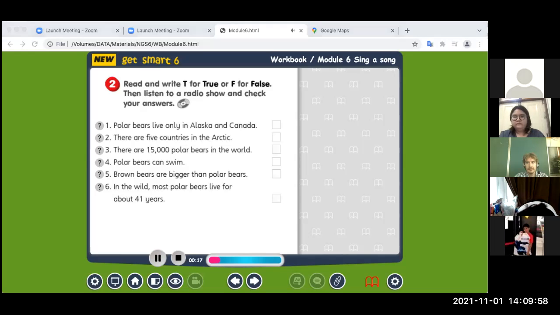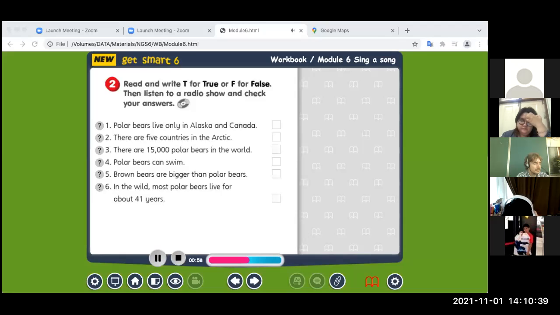And today we have our animal expert, Paul Cartley, with us. Hello, Paul. Hello there. So, Paul, today you're going to tell us about polar bears. Yes. Tell us, Paul, do polar bears only live in Alaska and Canada? No, polar bears live all around the North Pole. This area is called the Arctic, as we all know. The countries in the Arctic are Russia, Norway, Denmark, the USA, and the fifth one, Canada. I see. How many polar bears are there in the world today anyway? Well, nobody knows exactly how many, but scientists believe there are between 22,000 and 25,000.